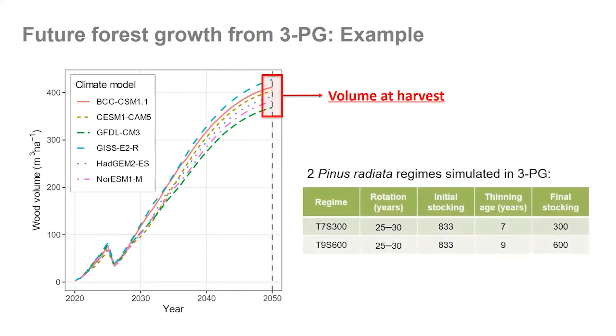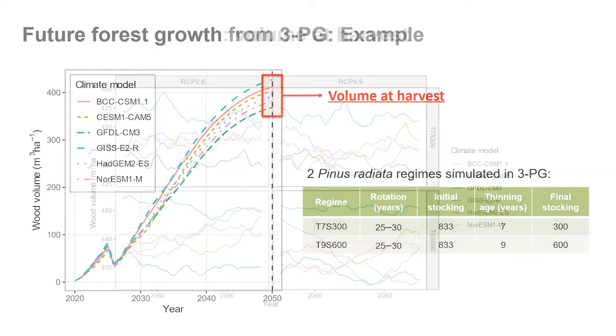And we also simulate growth for 2 different Pinus radiata regimes. One is the T7S300, where we have thinning at age 7 and final stocking of 300. And the other regime is T9S600, where thinning happens at age 9 and our final stocking is 600. All right. So if we simulate these volumes of harvest here for each year and plot them from 2050